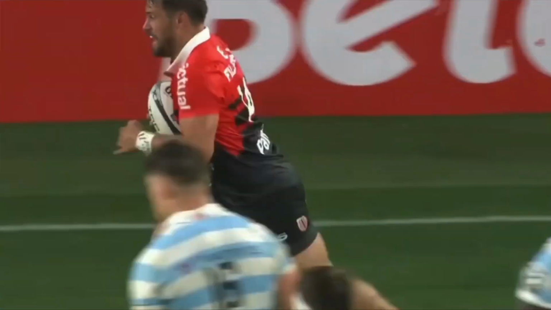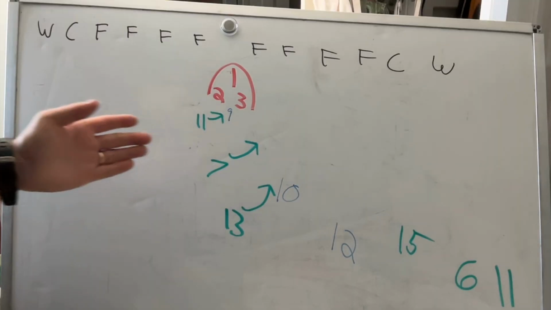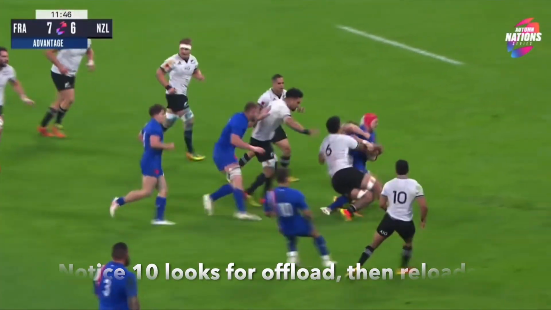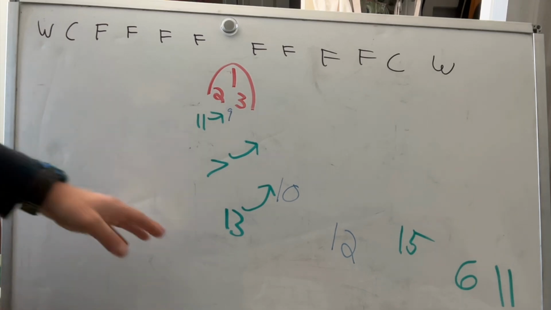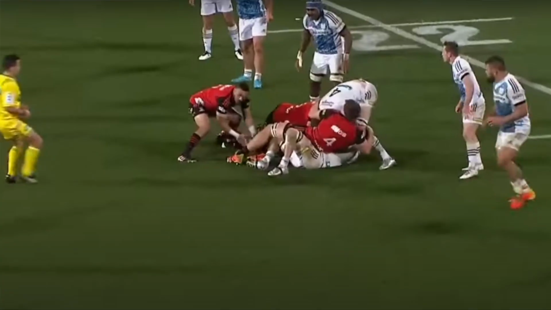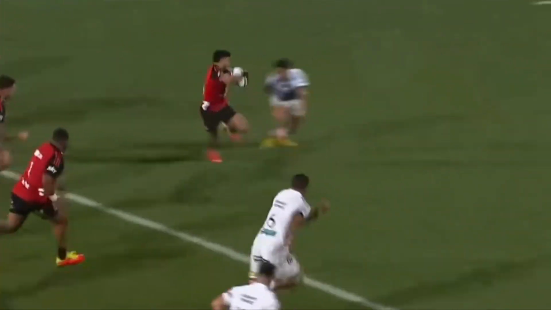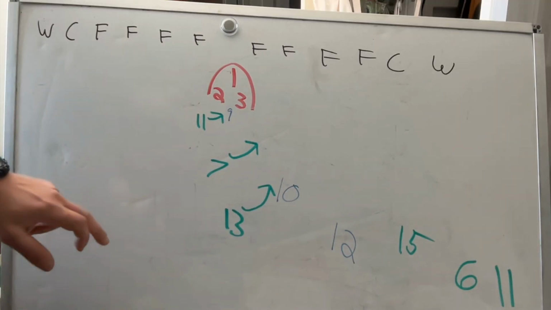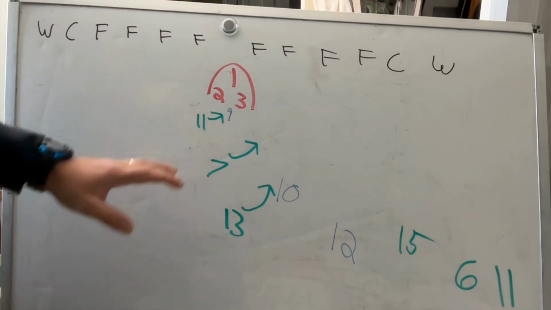I like to have my edge forward, in this case my flanker, my 7, come around the corner off the 9's outside shoulder so that now there's an option of a normal, typical forward crash off of the scrum half or off of the ruck. Then you also have your center who comes around a little bit wider and comes off the inside shoulder of the 10. These 3 roles: inside shoulder of the 9, outside shoulder of the 9, inside shoulder of the 10 or the first receiver, these 3 roles are